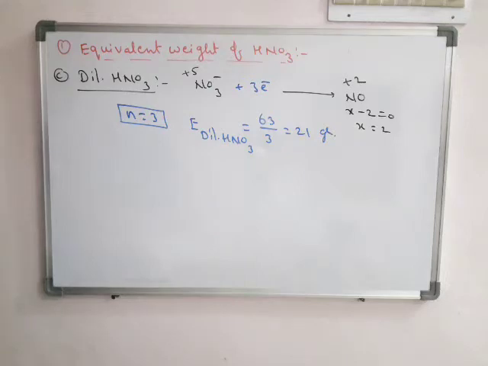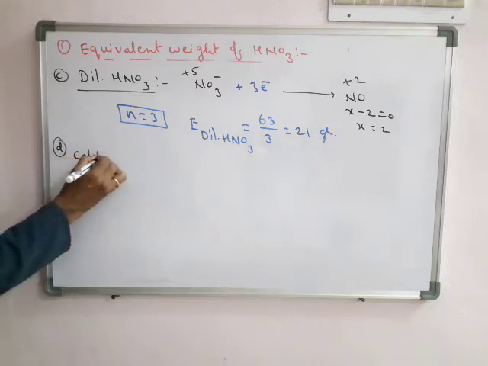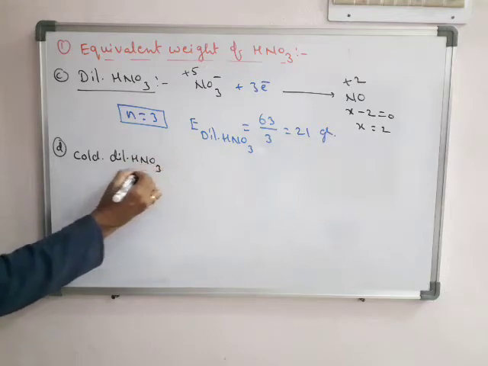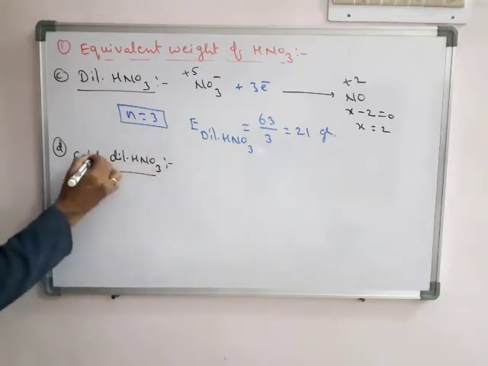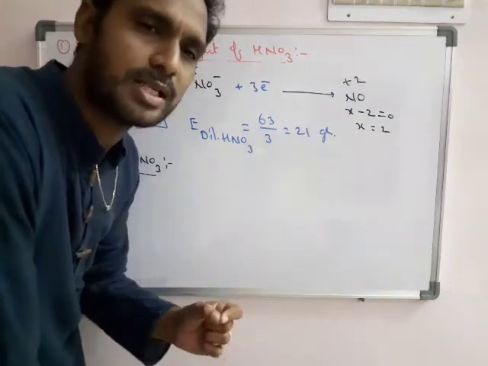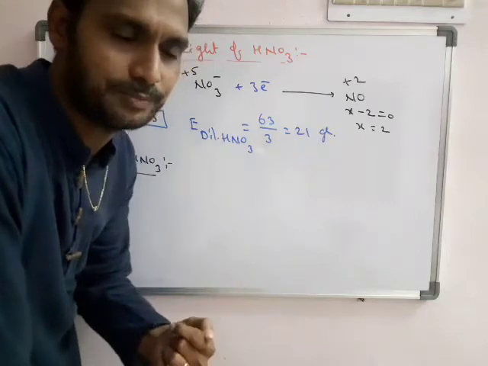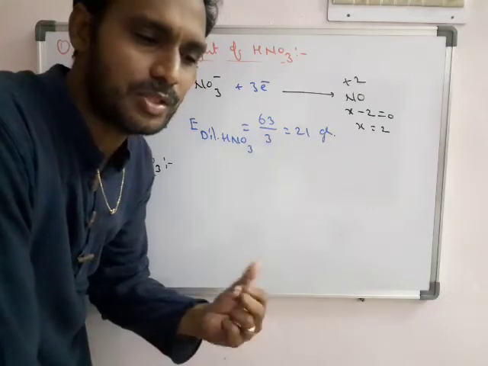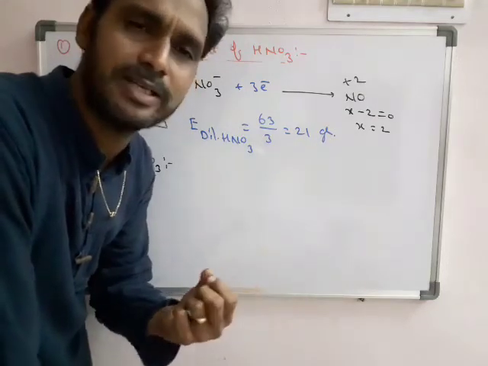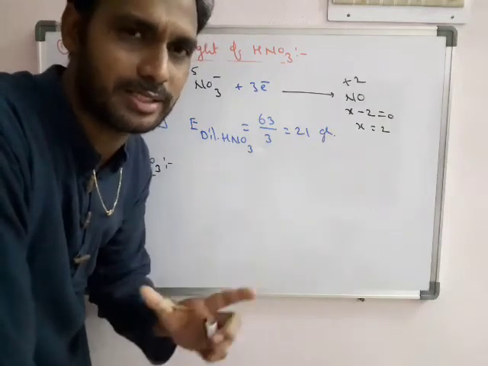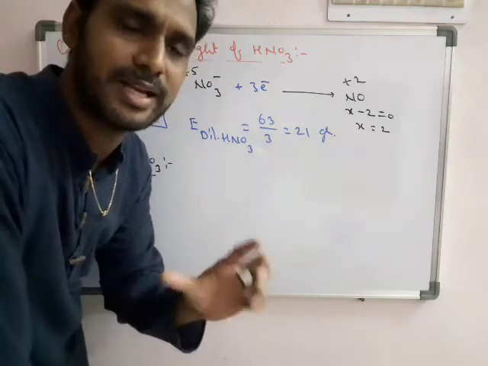There is one more difference. It is observed that the temperature also matters, if you take cold dilute HNO3. What is meant by dilute? Dilute means a very low concentration solution. If a high concentration is taken, that is called concentrated solution. If a medium concentration is given, it is treated separately. A good concentration is called concentrated, and a very low concentration is given as dilute.